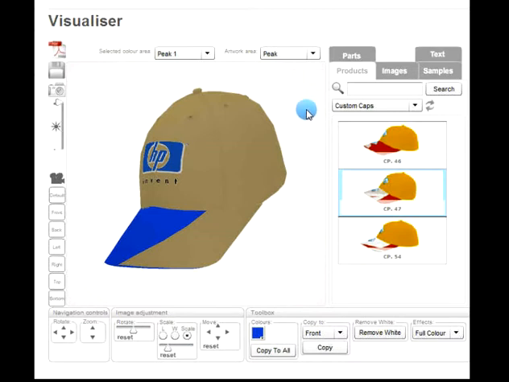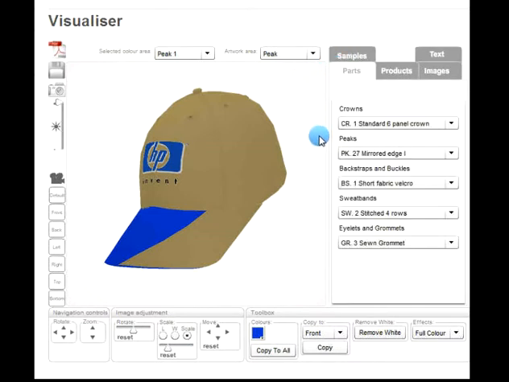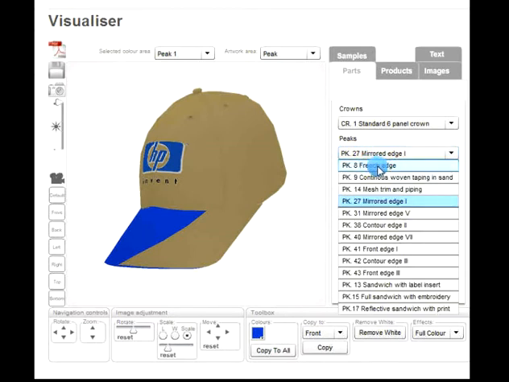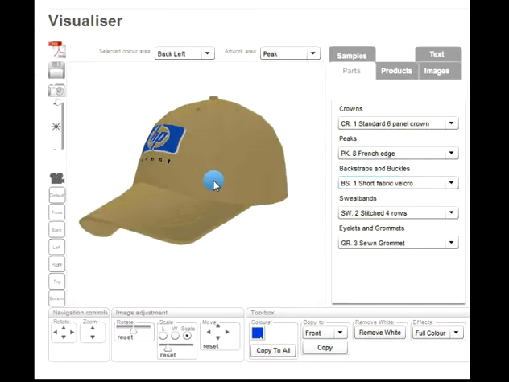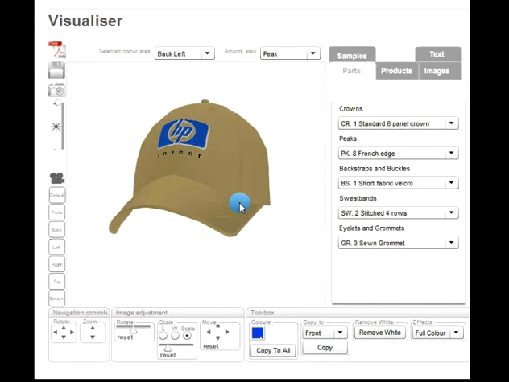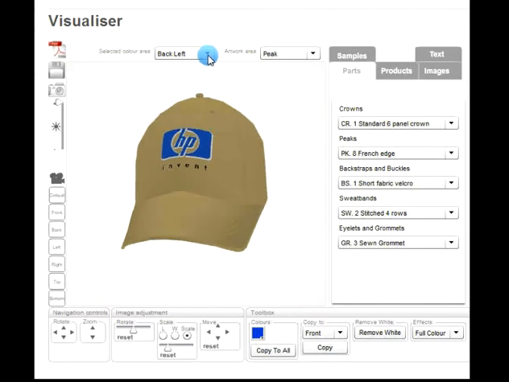So in this case, components or parts are listed. They're made up of crowns, peaks, back straps, sweatbands, eyelets and grommets. Each of those basically can be chosen. So at the moment we've got a mirrored edge peak, so if we were to click on there and choose perhaps a French edge, you can see then immediately that the style changes,